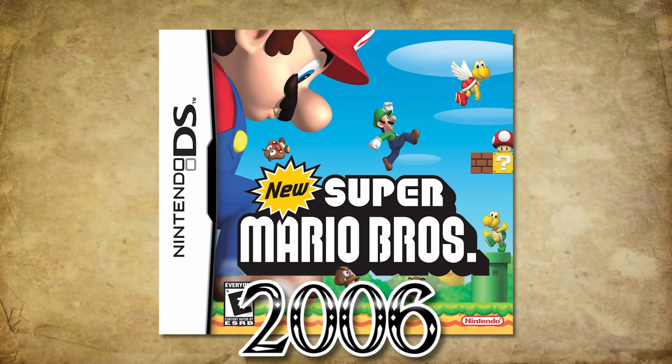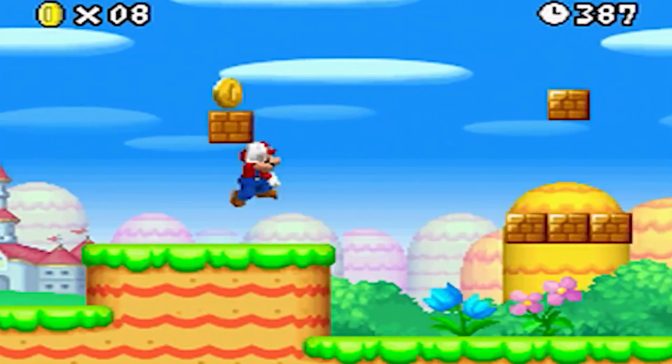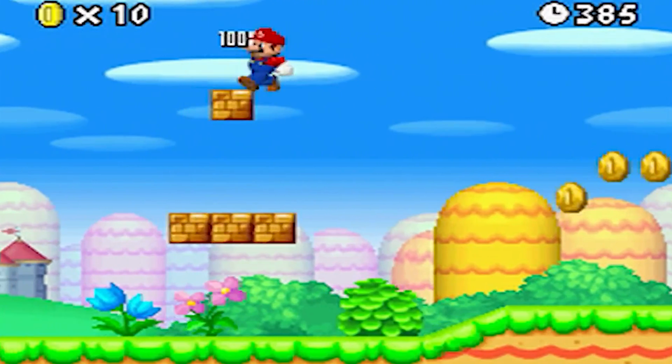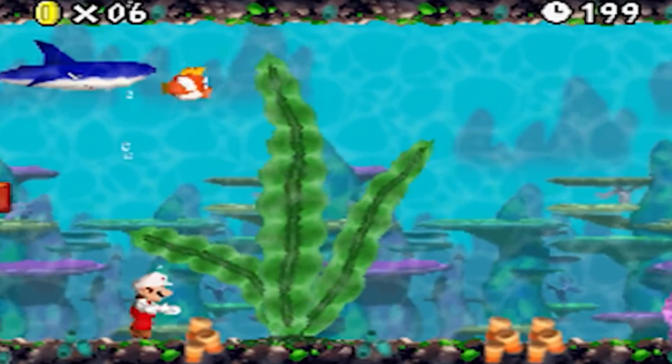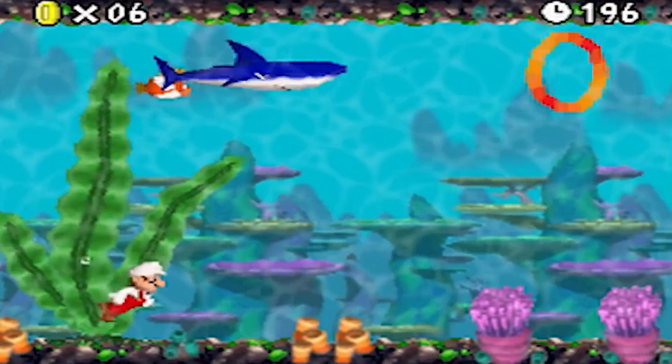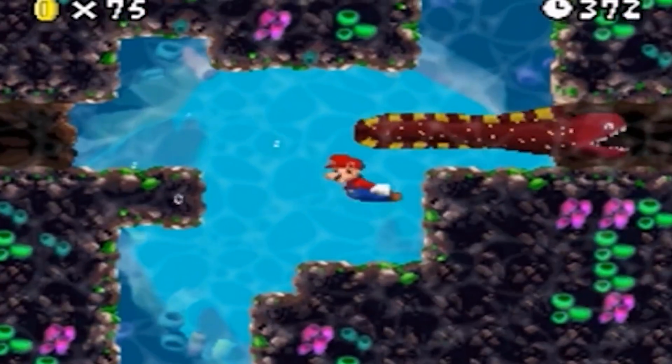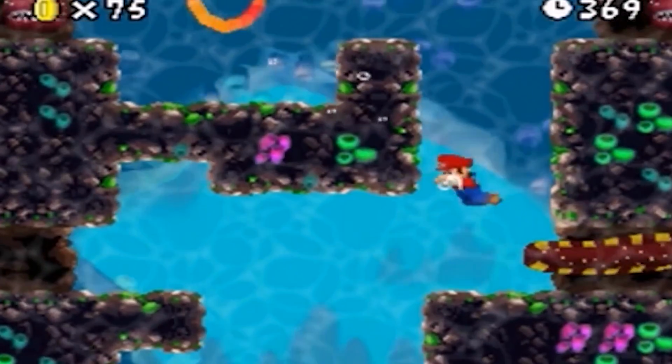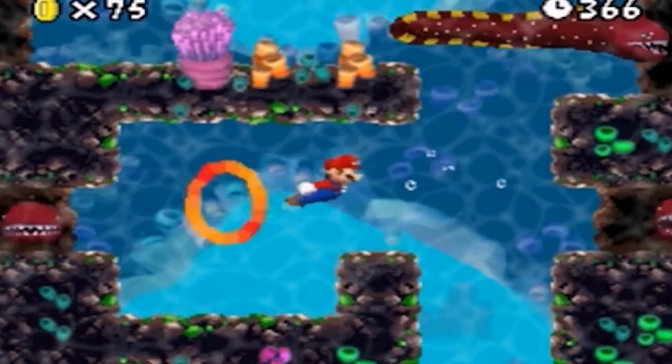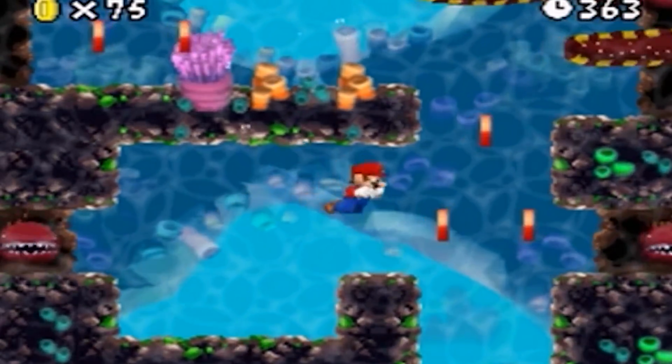Now the next 2D game in line was released more than 10 years later, and it's known as New Super Mario Bros., where the world is in 2.5D all of a sudden. In this game we saw a couple of new additions. New enemies were introduced, and some of these do something truly new, like the Unagi, who either swim around and take up a huge portion of the screen,